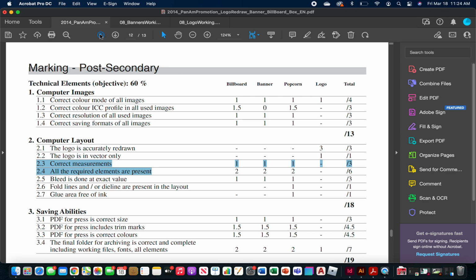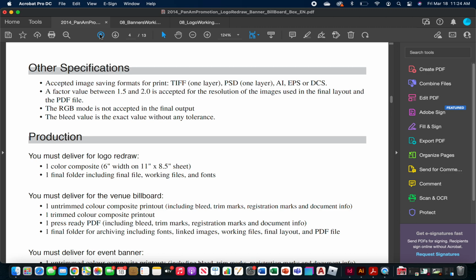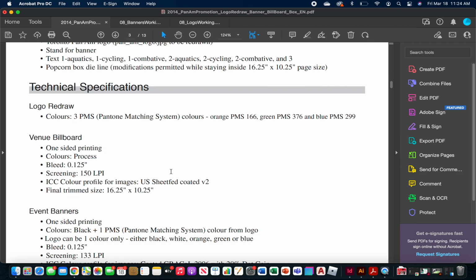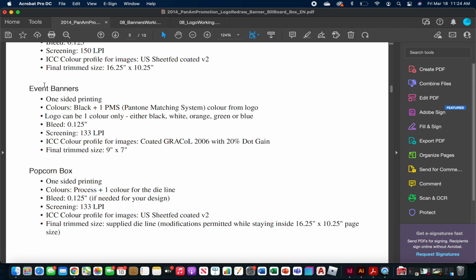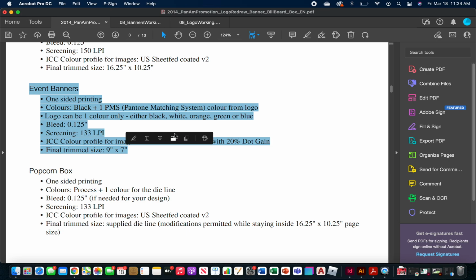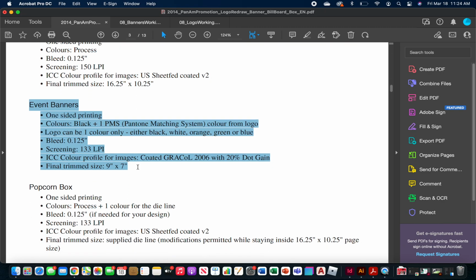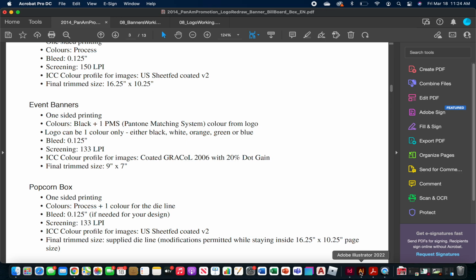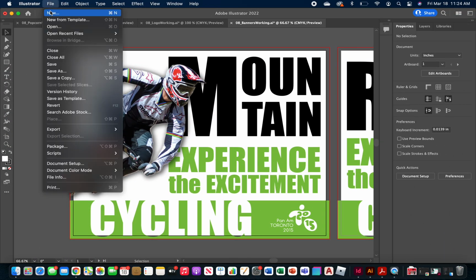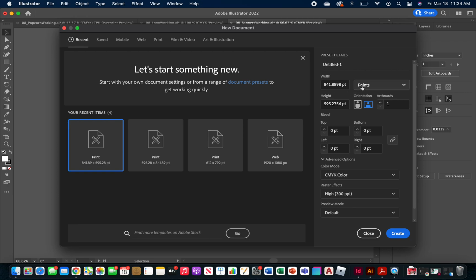So I'm going to pick a random project from within this competition booklet. And the project I'll choose here is the event banners. So oftentimes within the technical requirements, technical specifications, you'll find everything you really need to know about how the file should be set up. So in this particular document, they're saying that the trim size is 9 by 7 and there's a bleed of 0.125. So when we go to set up a document, whether it's InDesign or Illustrator, they're both very similar in that regard. We would go to File, New, and here on the right-hand side under inches, because it is inches, we would put in our